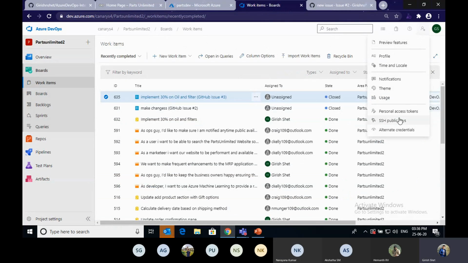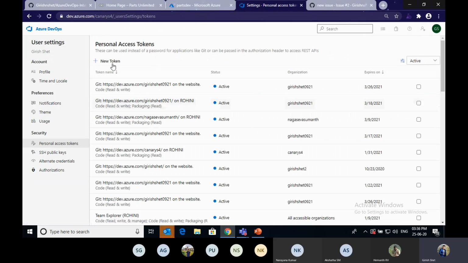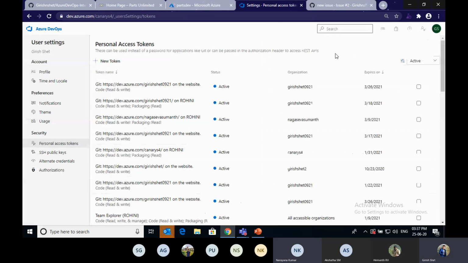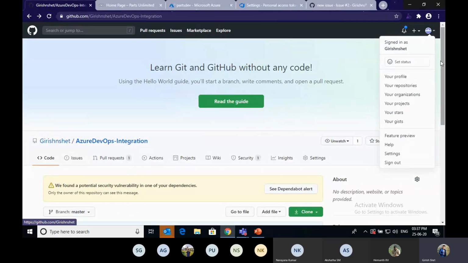Create a new token here. I have given custom defined, only for creating work items. And for GitHub also, there is an option where you can create your personal access token.